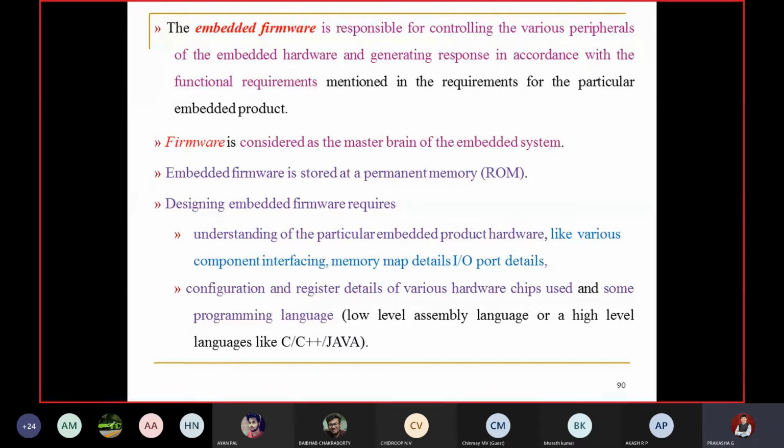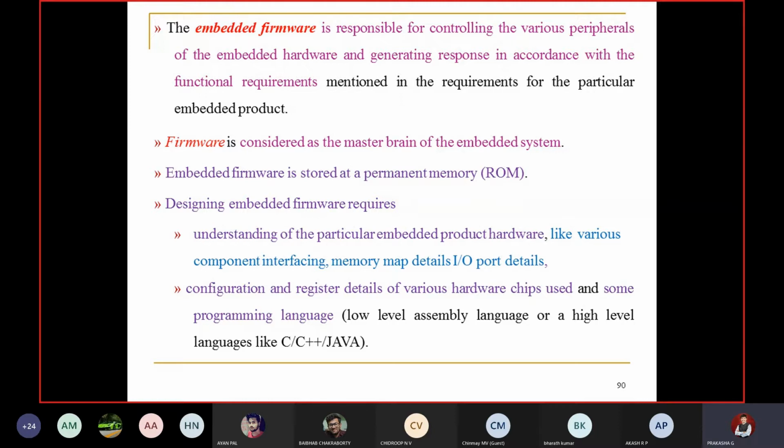IO ports, different types of IO ports also you should know, because each port will be executing for a different purpose. You might have heard about port 0, port 80, port 23. Different types of ports are there. Even in our ARM also, we are having different ports like port 0 and port 1. Port 0 is of 32-bit, port 1 is also of 32-bit. So we are going to have different operations with respect to ports. Similarly, in our embedded system, if we have different IO ports, we should know the details of them.